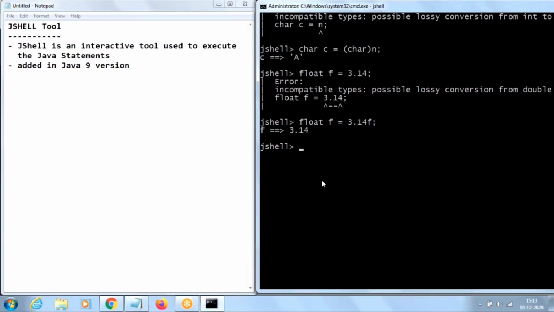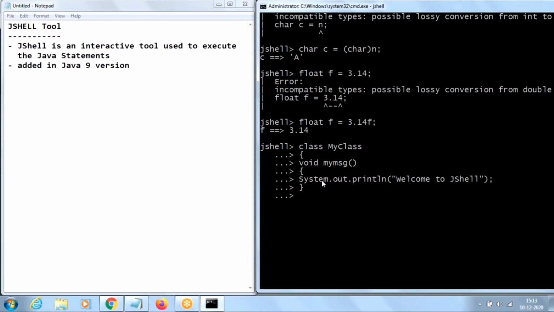Even by using this JShell, we can create a class. For example, class MyClass, press the enter key, open braces, then go with a method like void myMessage, some method name. Then go with a message here like System.out.println, and you can give the message welcome to JShell.